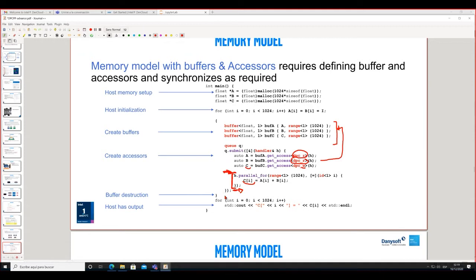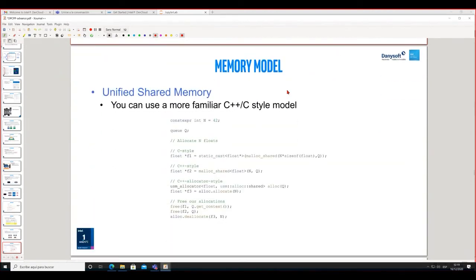This is more or less what we have previously seen with buffers. What will be done with